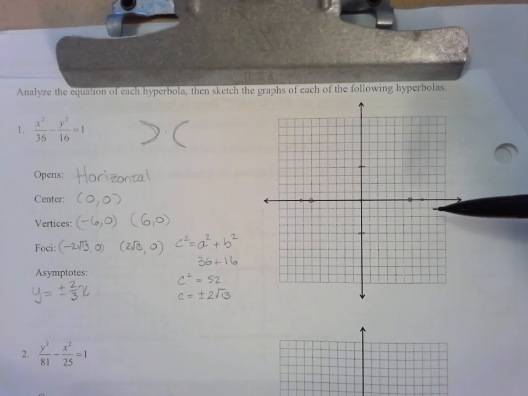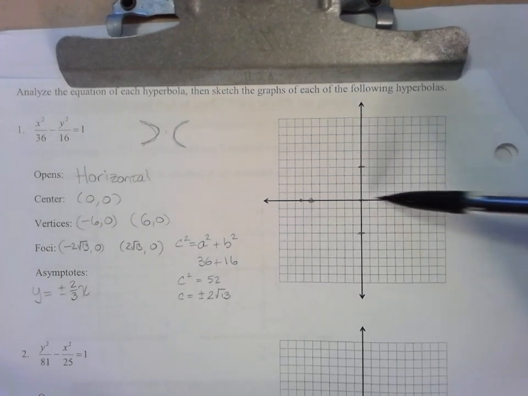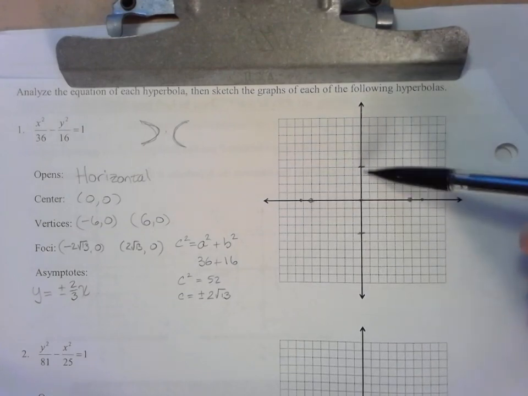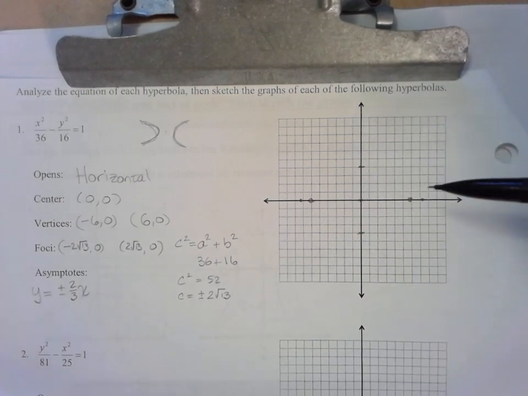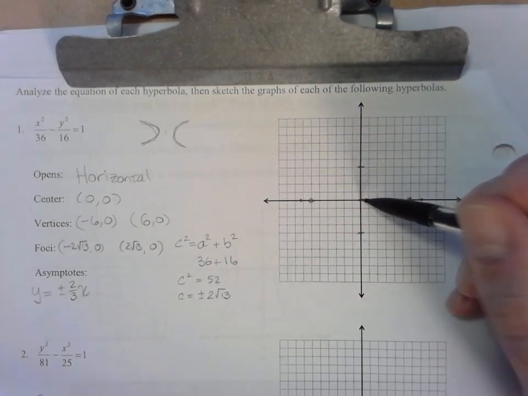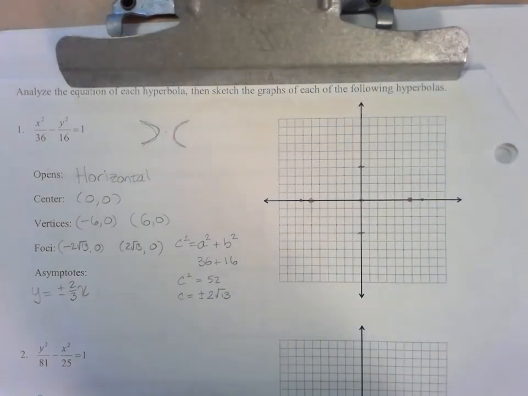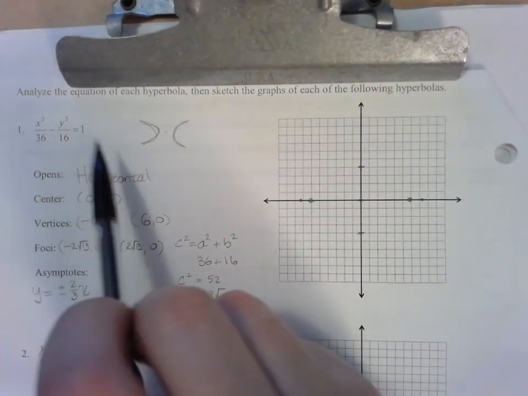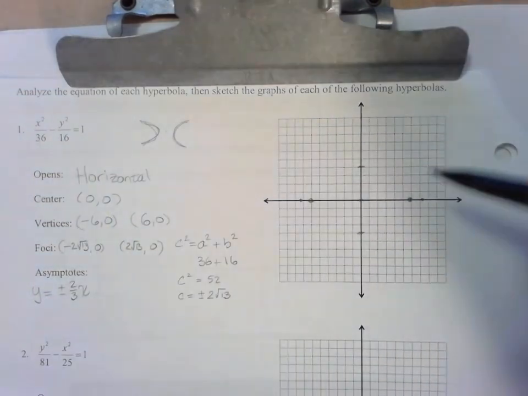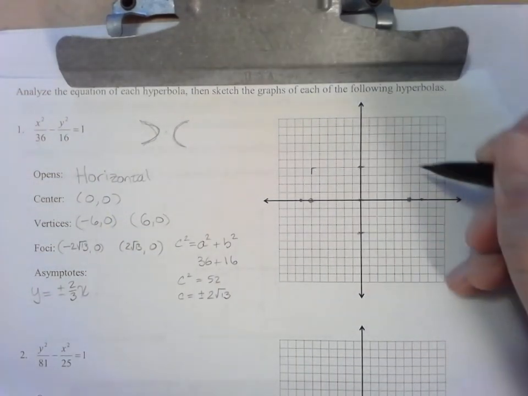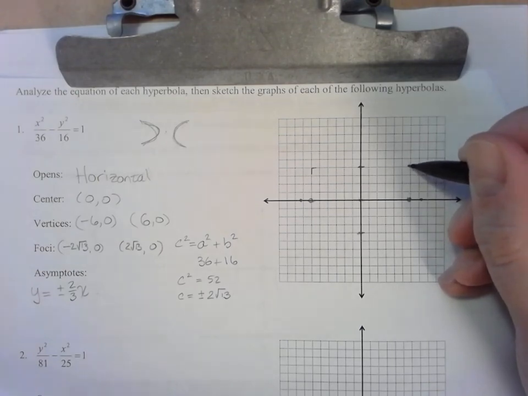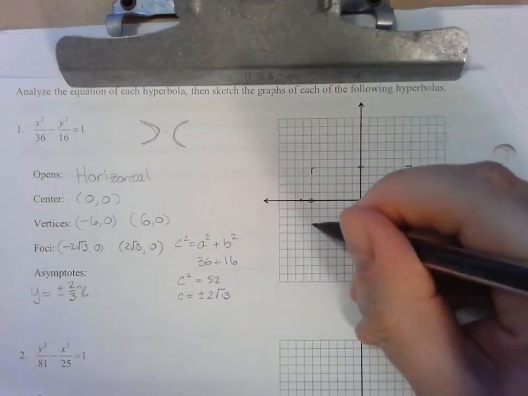This is our rectangle. Our rectangle will be 12 wide and 8 tall. What you're going to do is, just like we did for an ellipse, we're going to go horizontal the square root of that number, vertical the square root of this number, and this is what's going to make our rectangle. Our rectangle is formed